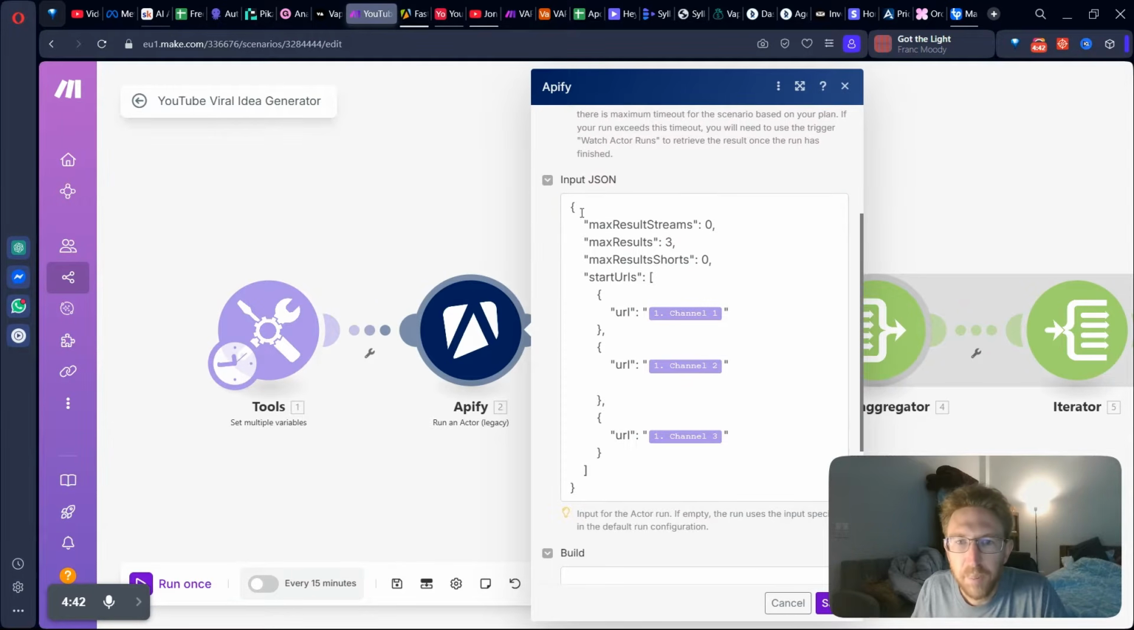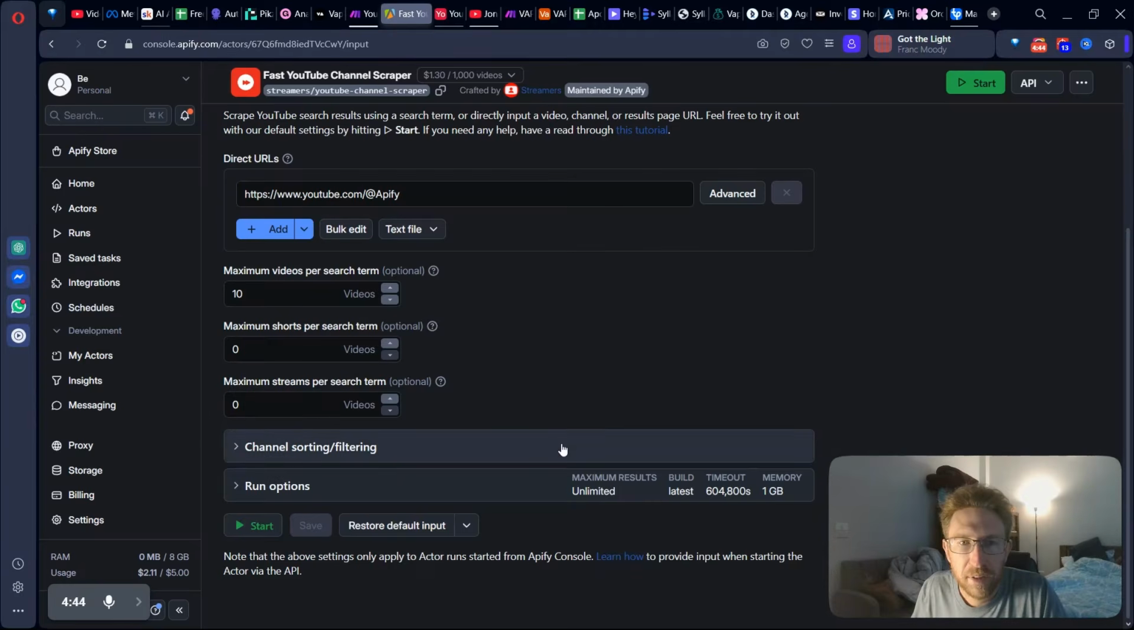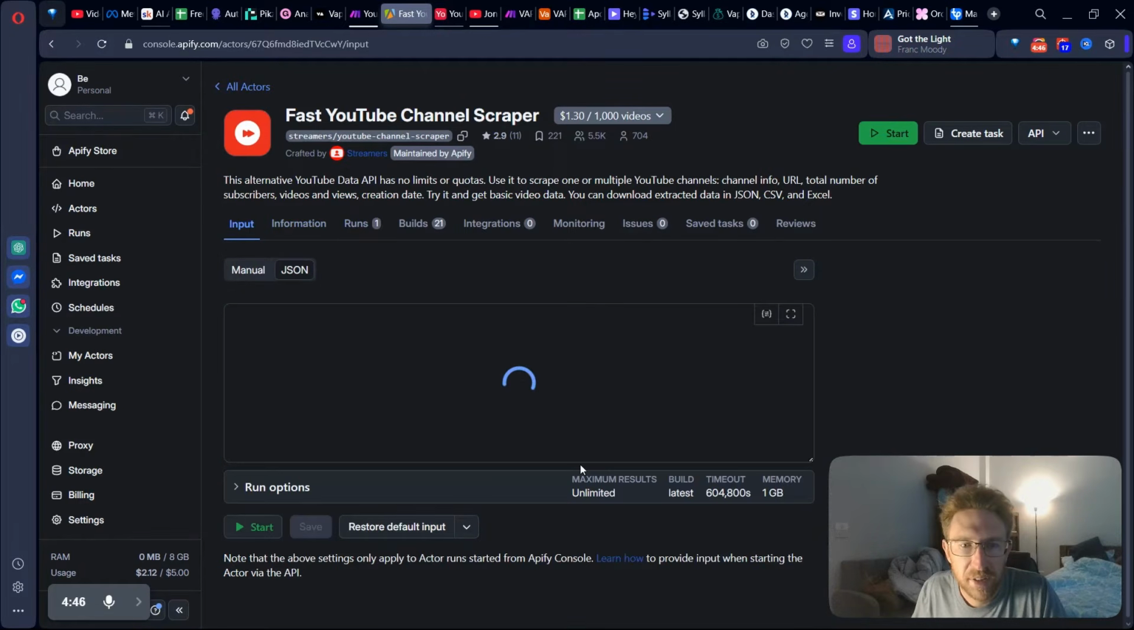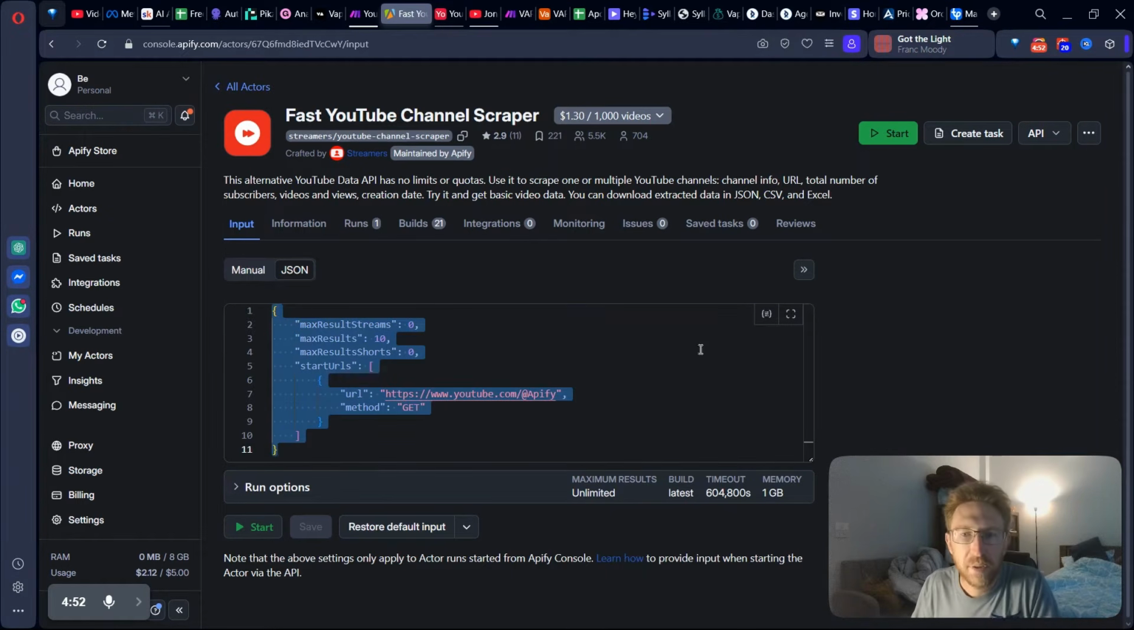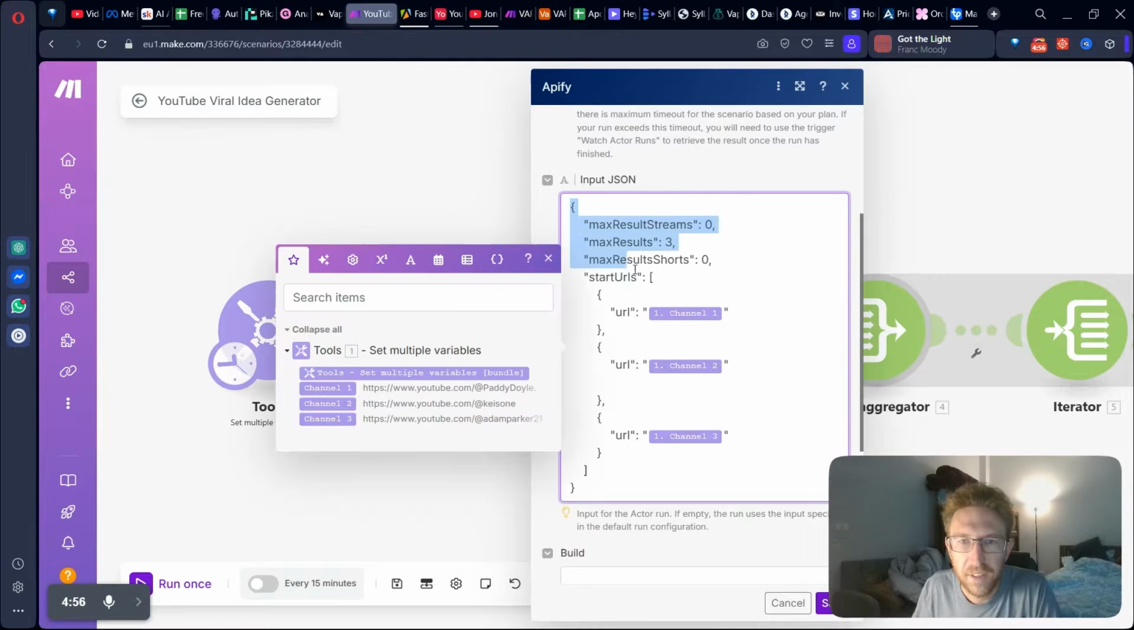And then for the input, you're going to come back over here to Apify and then come to JSON. So you're just going to copy and paste this JSON into your input over here on make.com. So as you can see, that's exactly what I've done here. And then you're just going to input the URLs right here for the specific channels that you want to scrape,